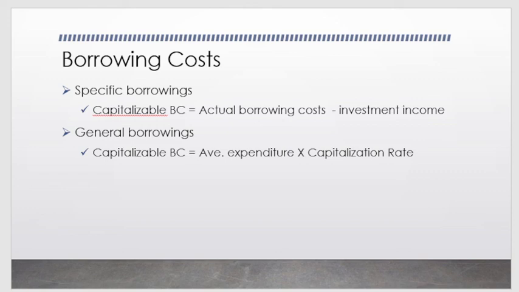7.24 million, you divide it to the total general borrowings kung magkano yung total na inutang. 10 plus 18 plus 22, that is 50 million. So, 14.48% ang capitalization rate. Yung na-compute mo po na average expenditure na 9.258333 times 14.48% is 1,340,607. That is your capitalizable borrowing cost. So, ito po yung capitalizable borrowing cost na i-add natin dun sa valuation ng ating PPE kasi i-capitalize natin yung borrowing cost na yan.